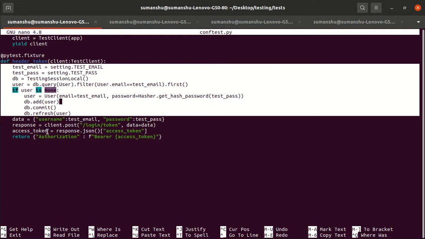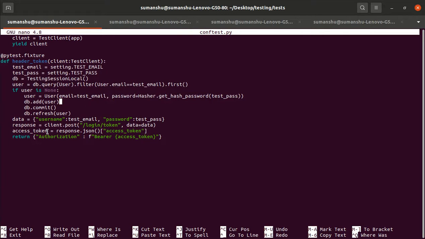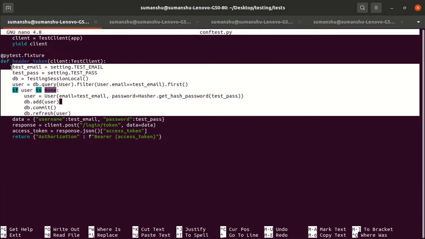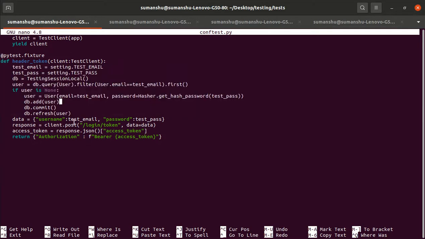But I'm not sure how to set the dependency. So that's why we have to write these seven to eight lines of code here, so that if the user doesn't exist, it will insert the user, otherwise it will not generate the token.